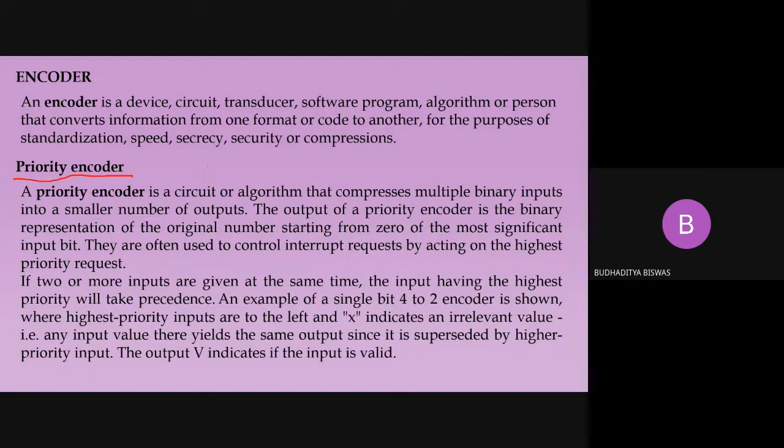Like if I press my key, suppose this is full screen also, this is the PowerPoint presentation. Now if I press escape, then what will happen? The full screen will go to the normal mode. So this is called the interrupt. The processor understands that the escape button is pressed. Escape means one of the interrupts, some level is there, and it acts accordingly. So this type of thing is called an interrupt. Now simultaneously, just tell me, if I press enter and escape at the same time, then what will happen?